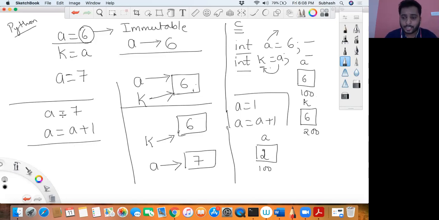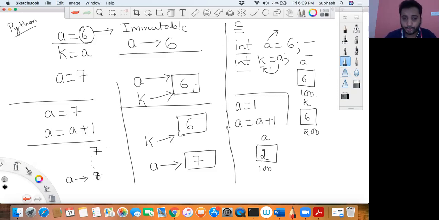Then what happens in this case? Will it not get incremented to 8? It will get incremented to 8, but the way it works is like this. First, initially a would be referring to a constant 7 on a memory location, and in the next line when I say a is equal to a plus 1, instead of changing the old 7, it would copy the 7 into a new memory location that would be incremented by 1, and it becomes 8, and a will now start referring to the different memory location.